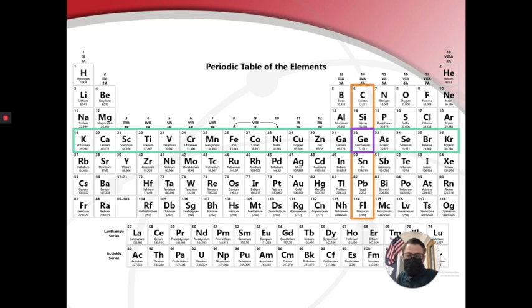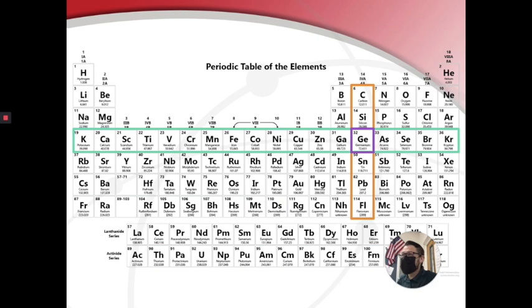Now, something that you might notice about the periodic table is when you look at the symbols that we use, they don't always match the names. So, for example, potassium, number 19, has a chemical symbol K. And now, there's not a K in the word potassium, so where did that come from? Well,